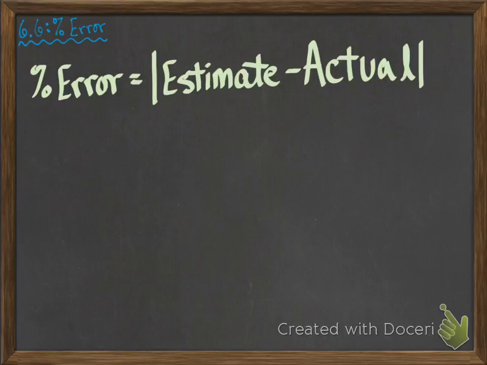6-6 is talking about one thing and one thing only, and that is percent error. This is really tying in all of our knowledge about fractions, decimals, and percents, and we need to use that knowledge to calculate how far off an estimate or guess about a value is from that actual value. So it's really one equation, and that's percent error equals the absolute value of the estimate minus the actual over